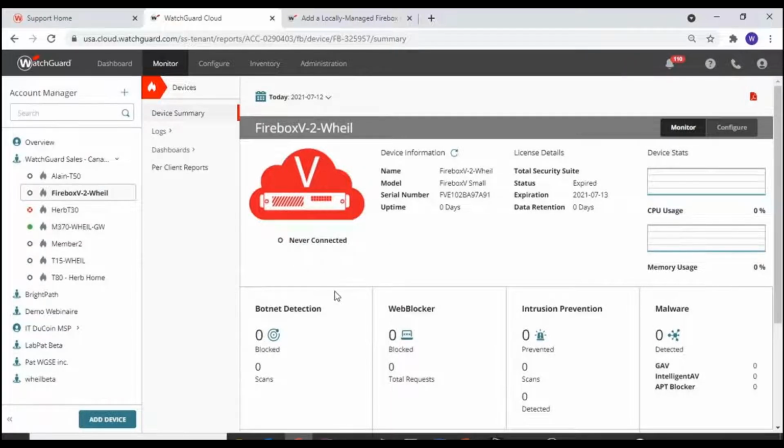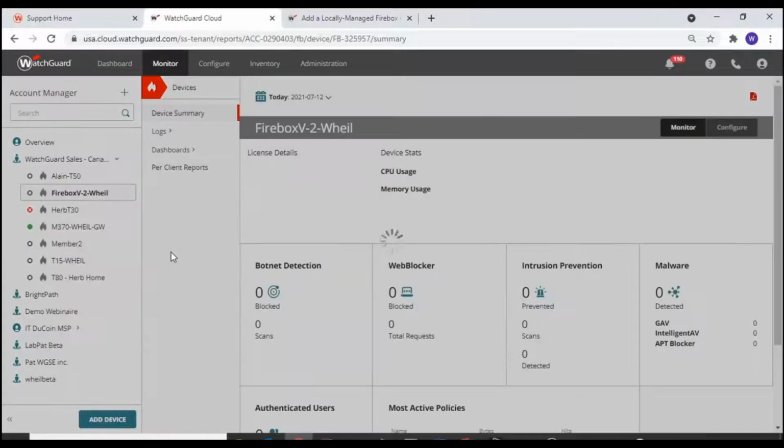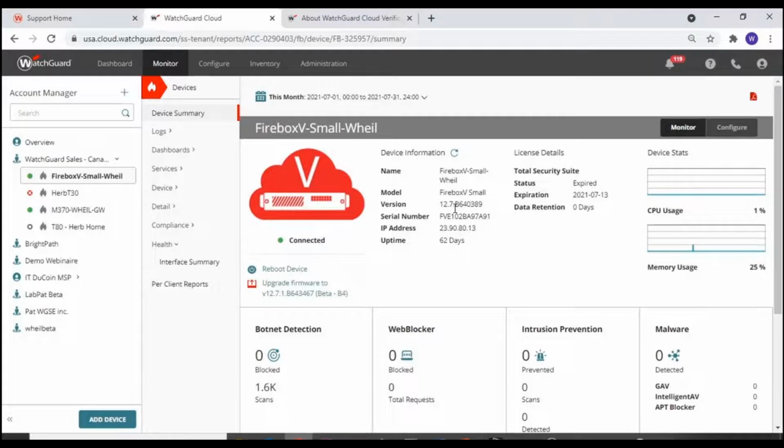So you have to wait for a couple of minutes here until the configuration has been applied, and we will see that it's going to be showing in here. Okay, so after a few minutes, you'll notice that the firewall will show that it is connected, and you can